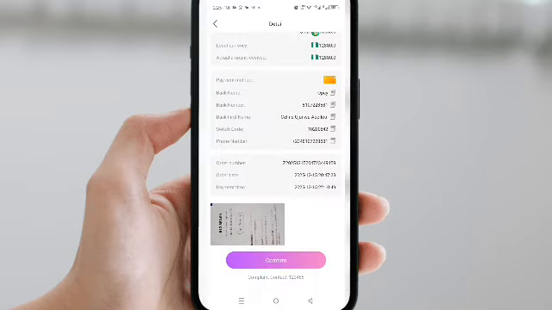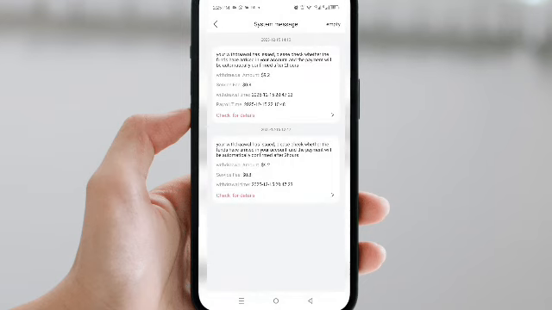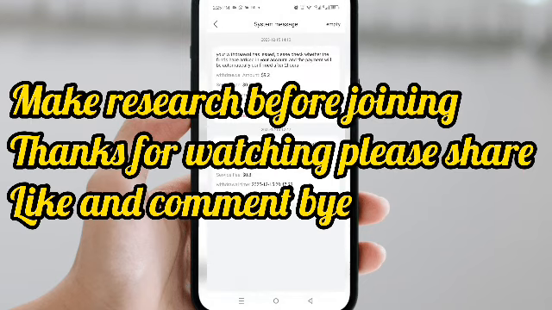All right, disclaimer, I am not a financial advisor. I'm just sharing apps that I've worked with. Please make sure that you